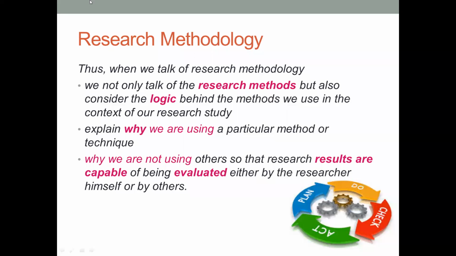So this research methodology is part of a cycle. That means you need to act, plan, do it, and check whether what you have done is correct. If there is something wrong in it, check back again, and act, plan, do it again. So this is a circular process. Always you have to revise what you have done during the course of a research study.